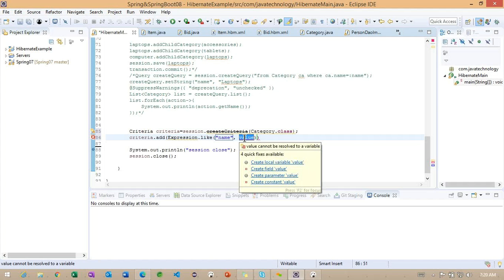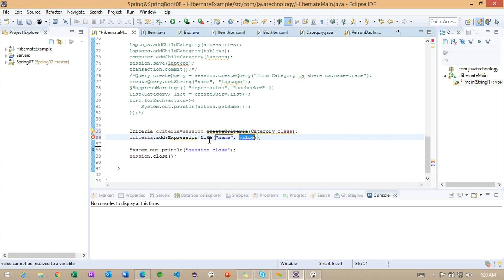If we observe a little bit in SQL, whenever we perform an operation using the like operator, in the same way here we can specify the like based on the starting name, ending name, or middle name. That we can also do using this criteria object.